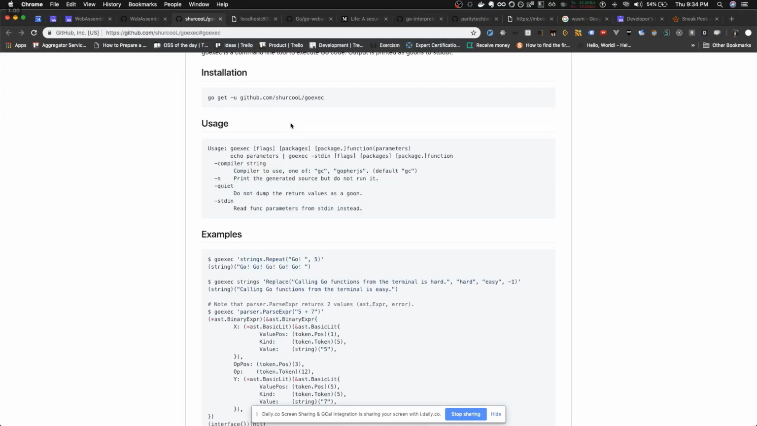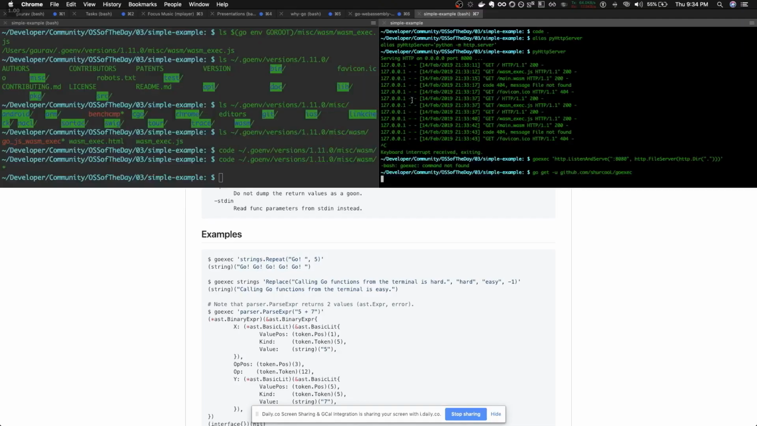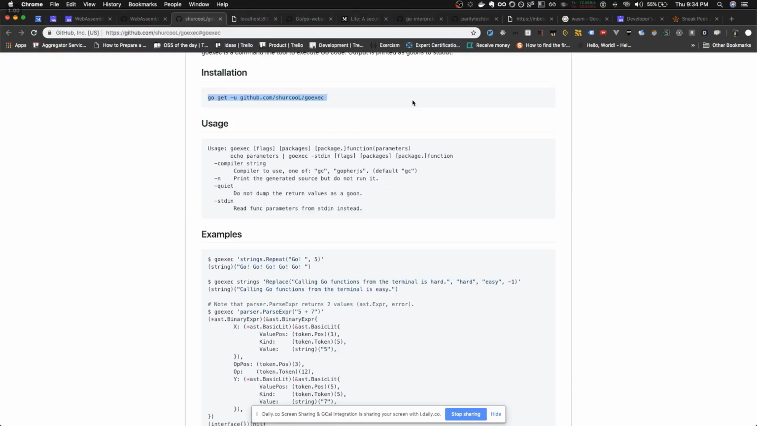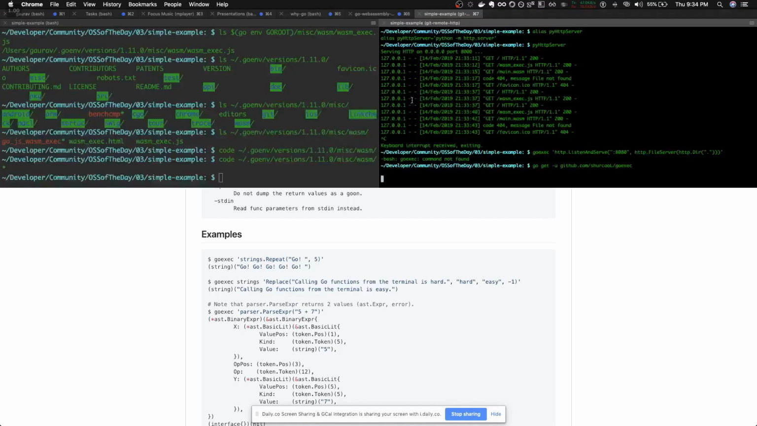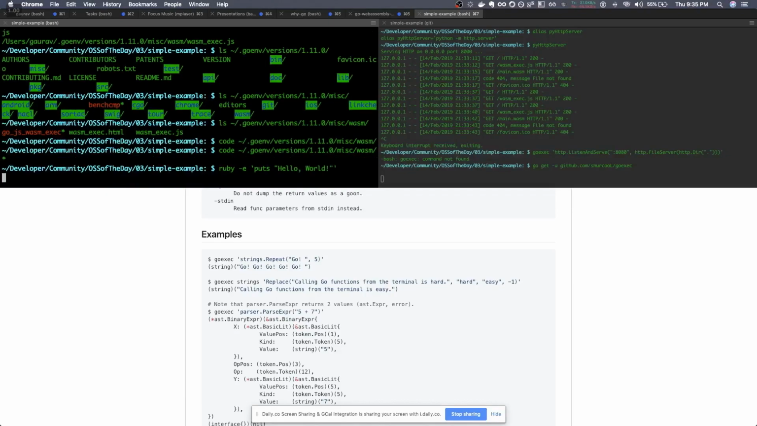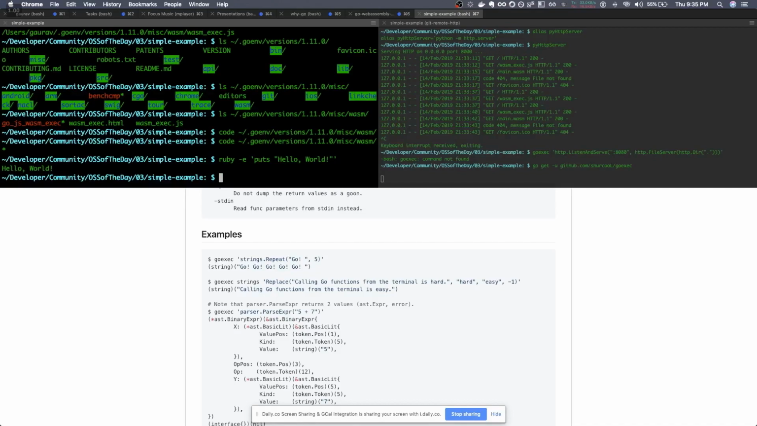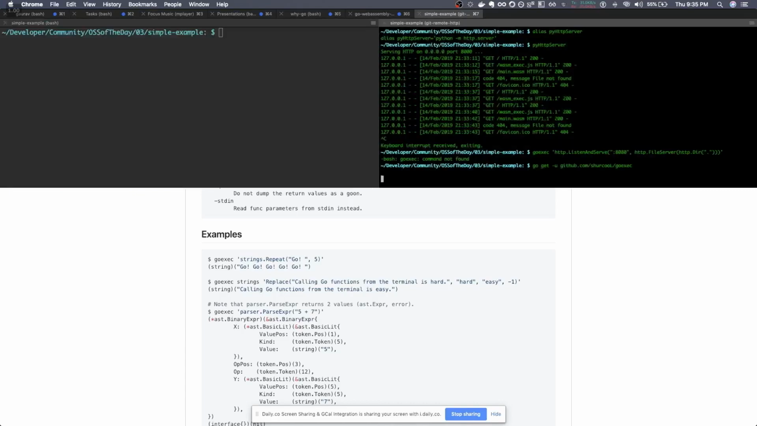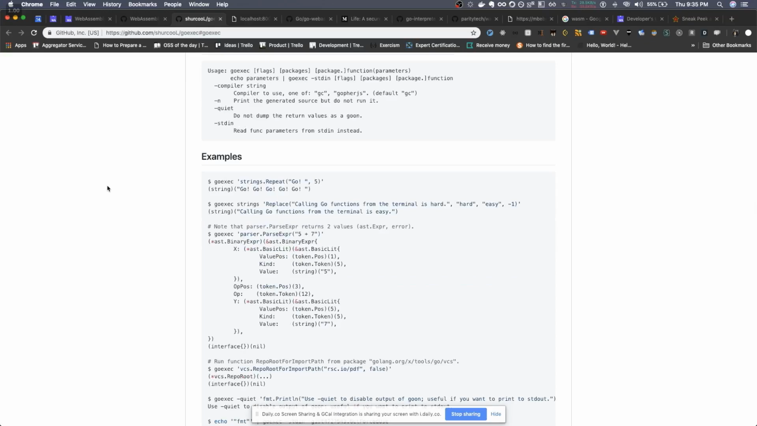So this is not exactly related to WASM. Go exec actually runs Go code like as if it's a script. The way in Ruby you can pass in a command, right? Ruby hyphen e, you can do puts hello world, the same way you could do from the command line. So it's executing a script, just bringing that capability into the Golang world. So it's not a big deal. I'm just waiting for it to install. Once my internet